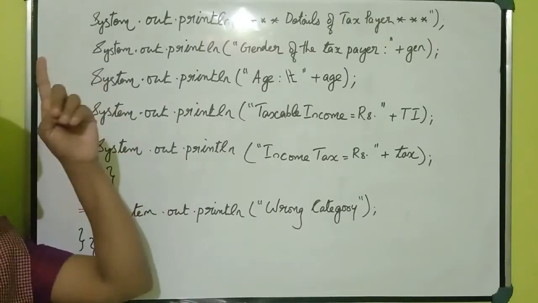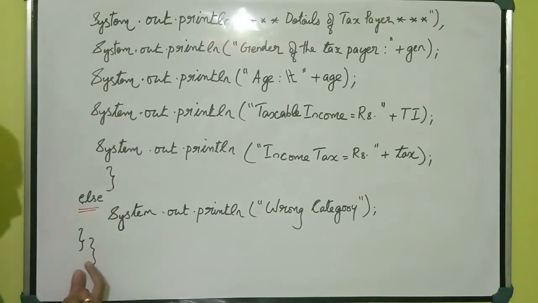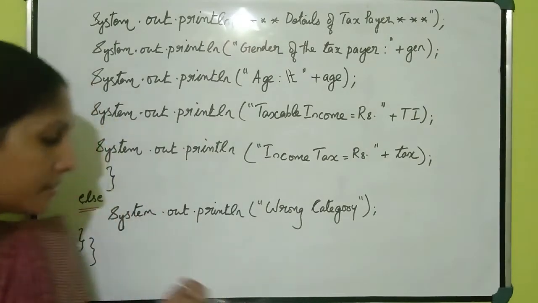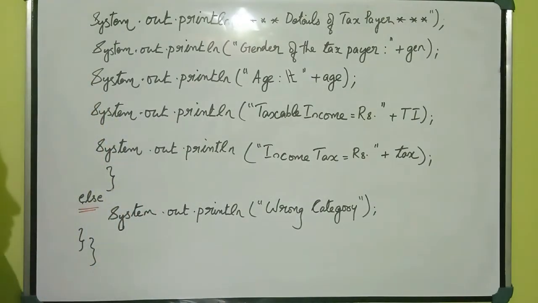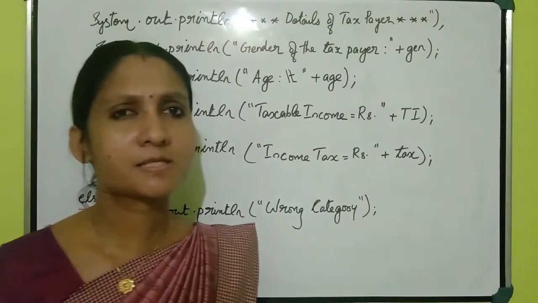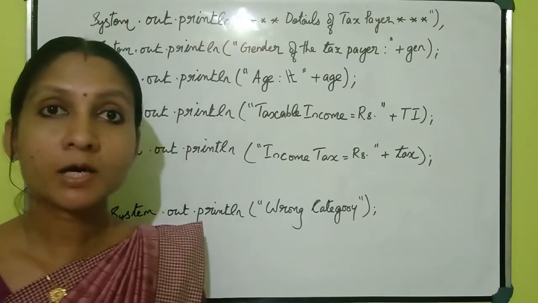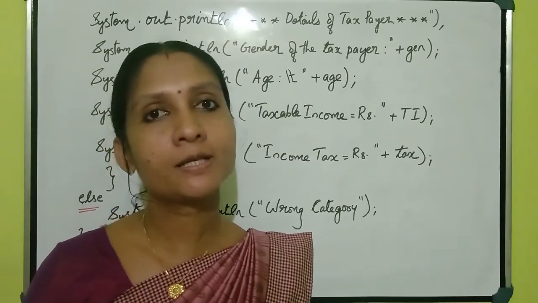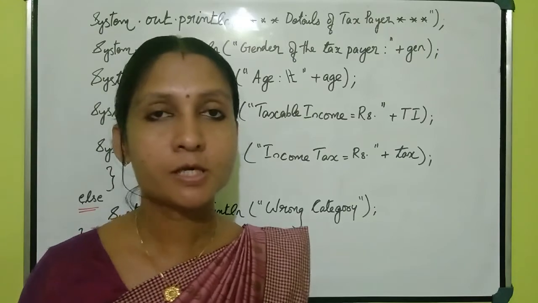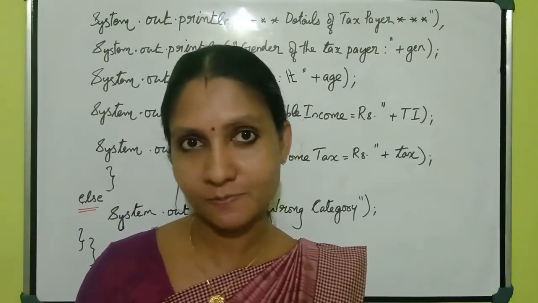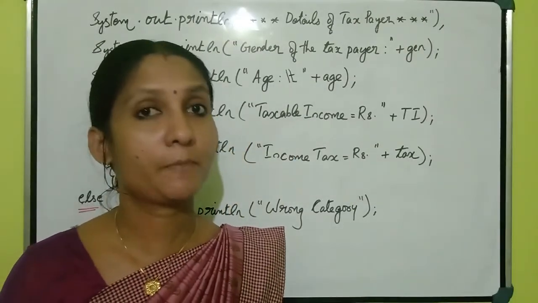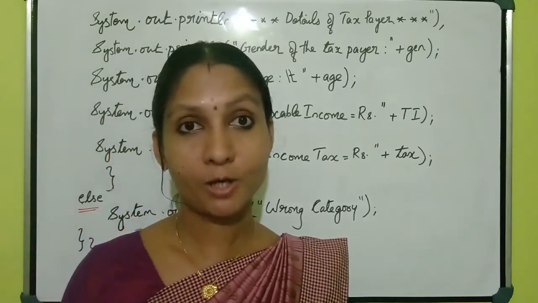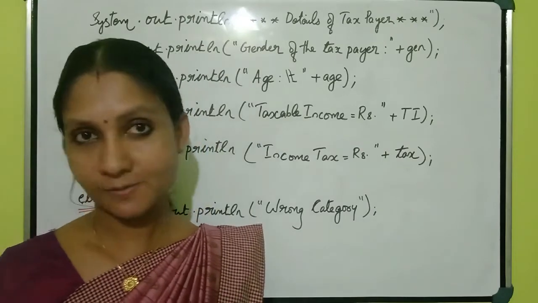After closing the first if bracket only, then after that you need to close these two brackets. Okay, this is very simple, these two brackets, function and class. When you look at this program, it looks very difficult. But if all the calculations are directly given, you just apply them. If you know how to write the Java statements, you can easily write this program, this type of program. This is a big program, but if you do like this, you will become confident to do these problems.